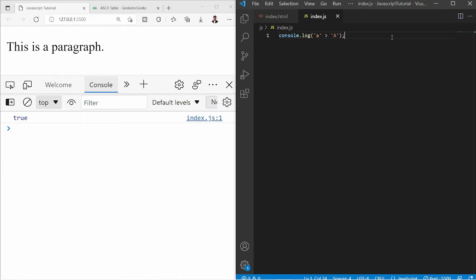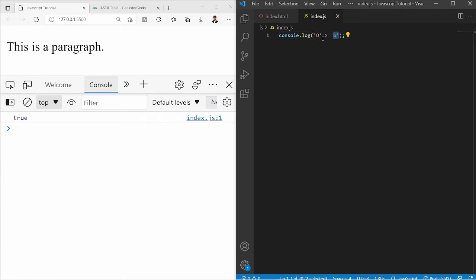So in a string, each character gets compared based on the ASCII code. Now let's understand other characters which are used in other languages like German or Uralic. I have already copied one character from such a language, and we can compare it with the English alphabet O. So what will get printed? If I save it, it says true. It means this character is greater than O.